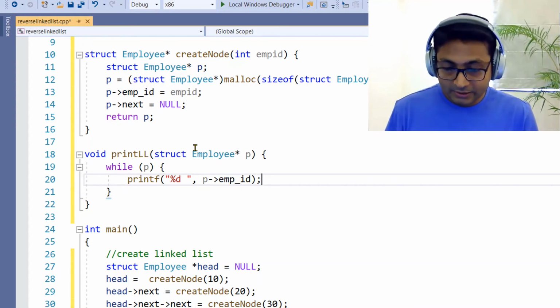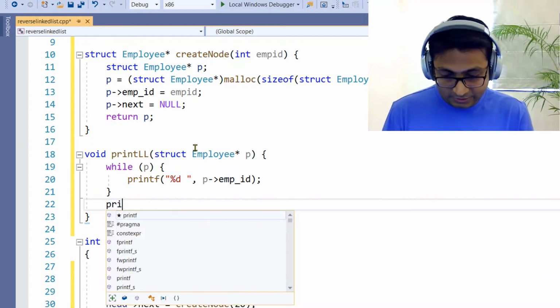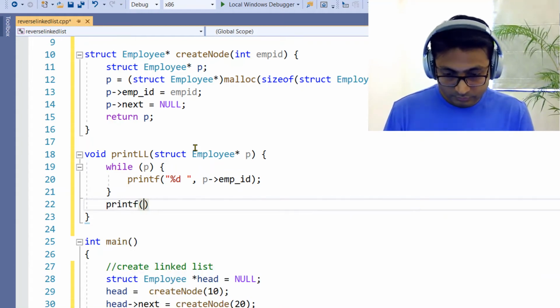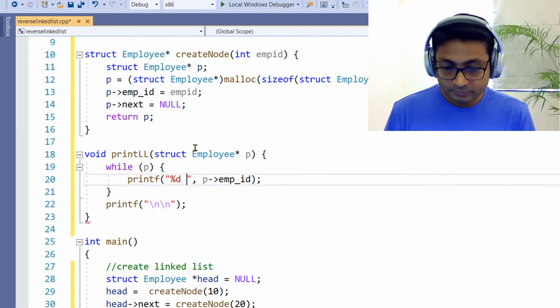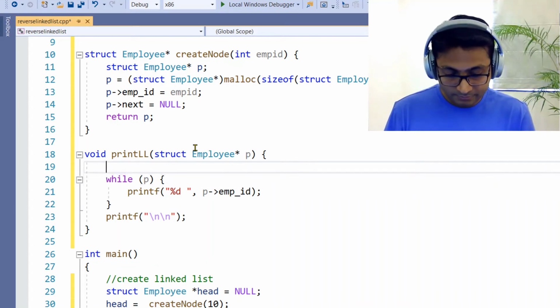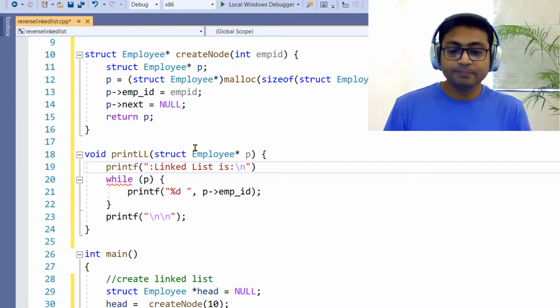Okay, and after while loop, I'll say printf next line. Before while loop, I can say printf linked list is /n.